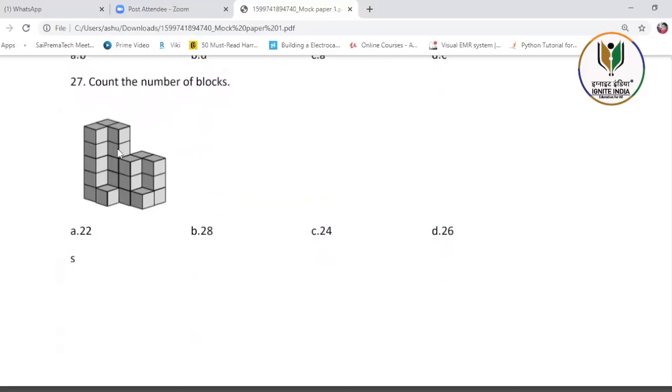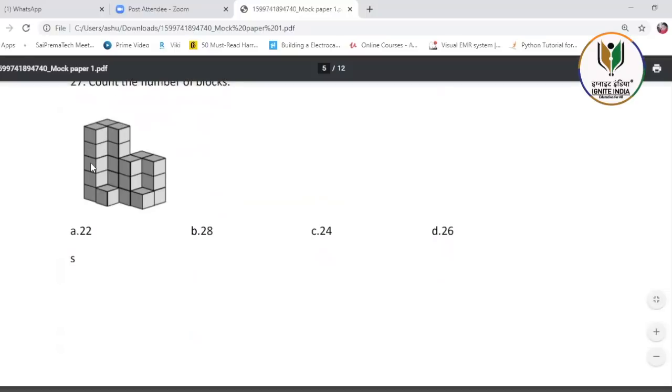This one, you have to go layer by layer. Okay. So if I see this structure alone, there are 1, 2, 3, 4, 5 blocks. There are 3 such levels. So it will be 15 here alone, and one extra is 16. Okay. Similarly here also 1, 2, 3. Such 3 blocks are there, 9 plus 1, 10. Okay. So there is 16 here, 10 here. So this will be 26.